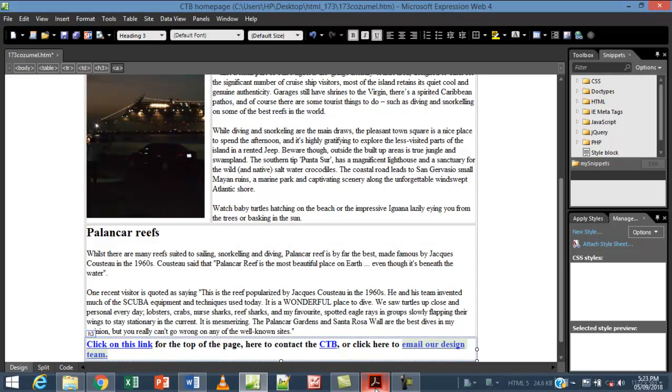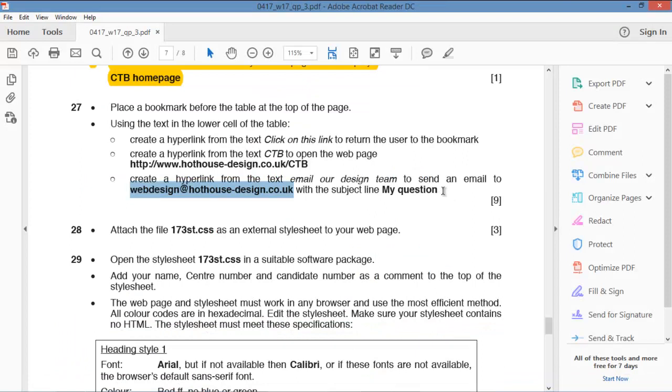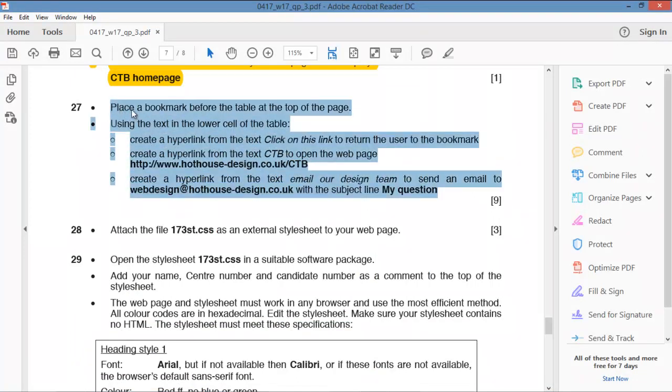Don't do more than that. Don't try to impress them, because if you impress, you lose marks. That's what it's all about. All right, so a cool 9 marks. So this is done. So number 28, attach the file